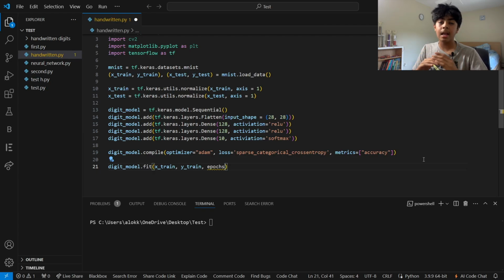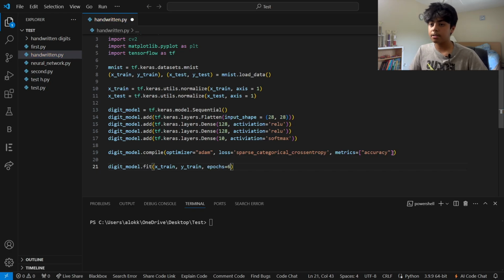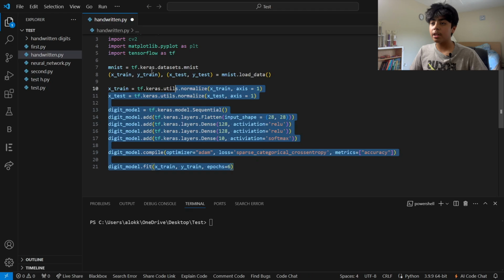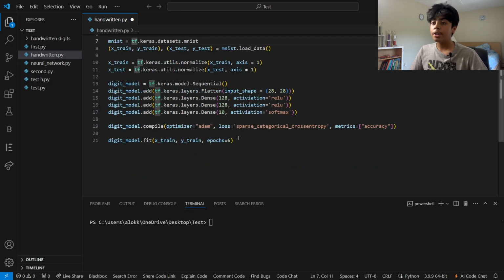So obviously we can't have 100% accuracy. That would take way too many epochs. That would be actually infinite, because you can never get 100%. So let's say we're going to pass in 6 epochs. So we're going to have this run over the same data 6 times. So now, while we've done all that, we've basically created our neural network model, and the last step is to